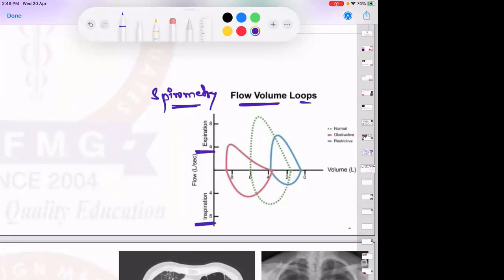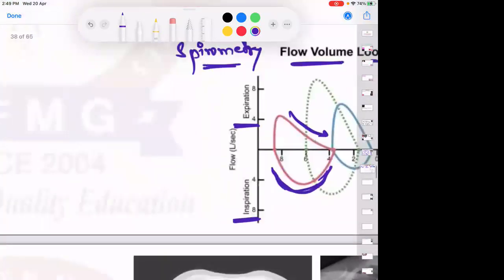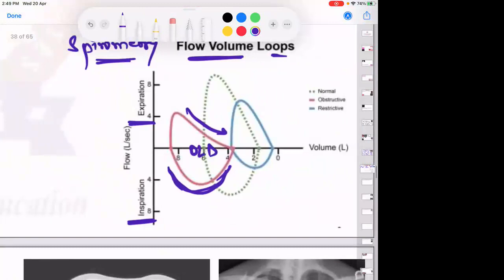But if my patient is having normal inspiration, but during expiration the time taken is prolonged, so there is a prolonged expiration. This is a feature of obstructive lung disease. This image came in the August examination. So please remember, if you can see a notch or prolonged expiration, it is a feature of obstructive lung